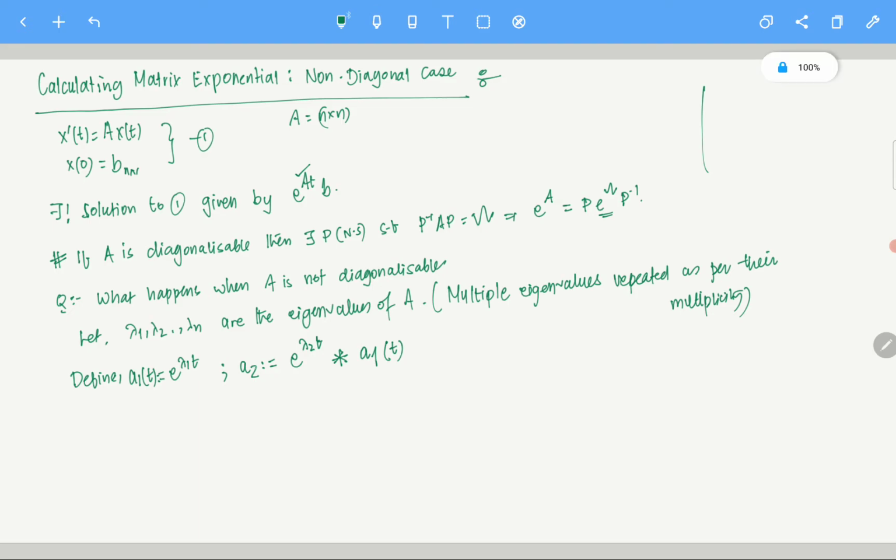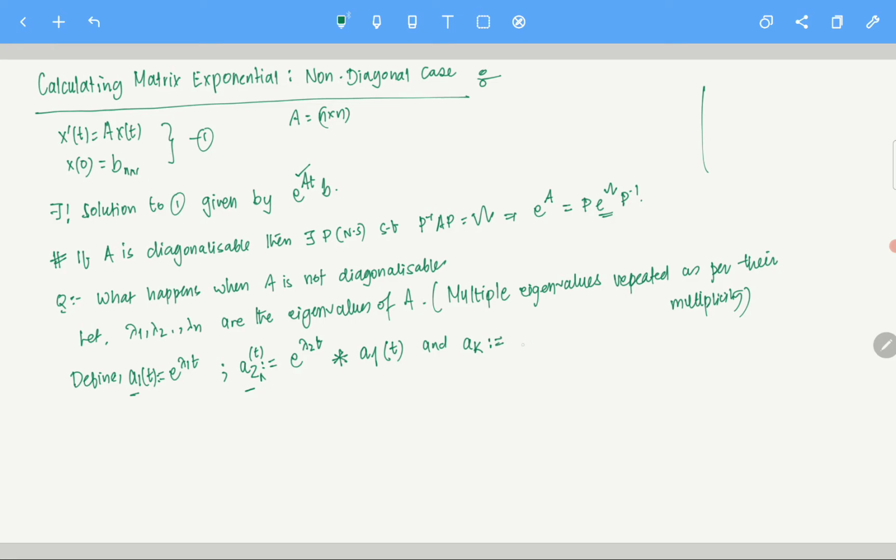So a2 of t, I still did not write what a2 of t is, okay. So let me put it this way, this is just to avoid confusion, I mean nothing else. So a2 of t is exponential lambda 2 of t, the convolution of that with a1 of t. Now I guess all of you guys know convolution, okay. So what is a1 is this, a2 is this, and similarly, by induction, what we are going to do is define ak, okay.